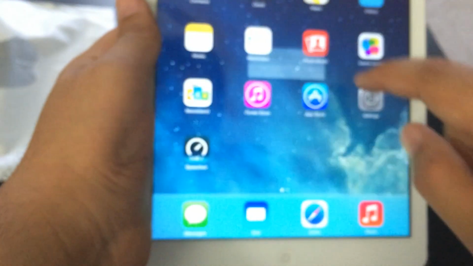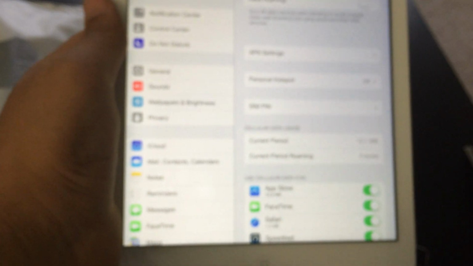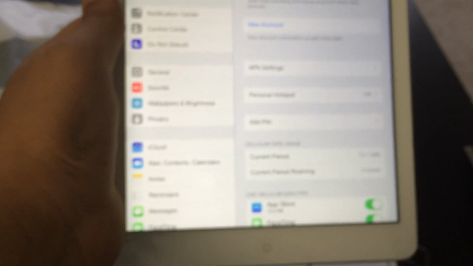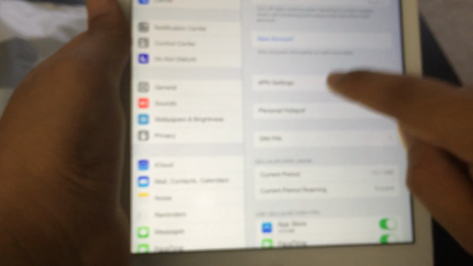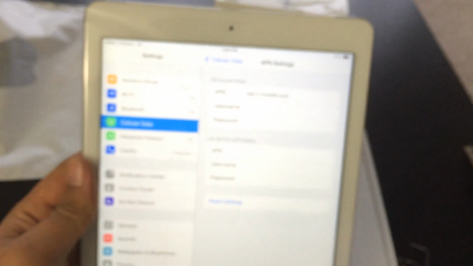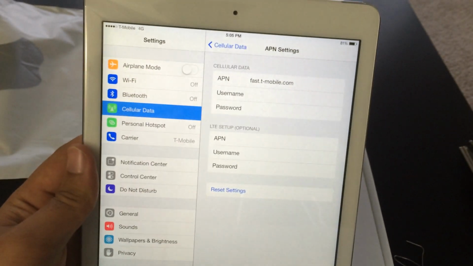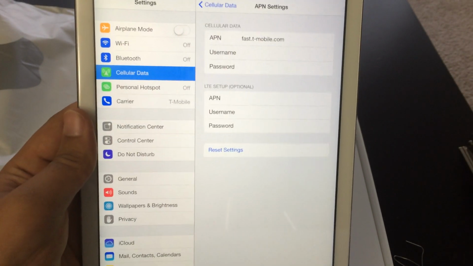Now that I'm switching SIM cards, I'm going to go ahead and remove the APN profile that I had installed for the Net 10, because in order for this SIM card to work, it needs to remove that, because T-Mobile, once again, is an official carrier. So the APN settings will get configured right away. And you can see here, T-Mobile uses the fast.t-mobile.com